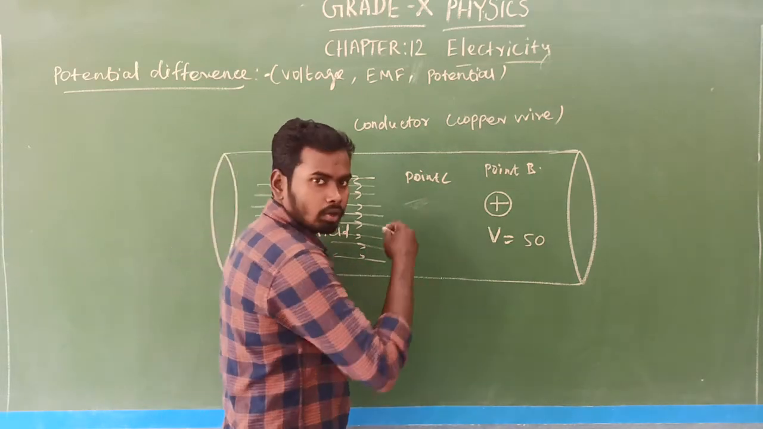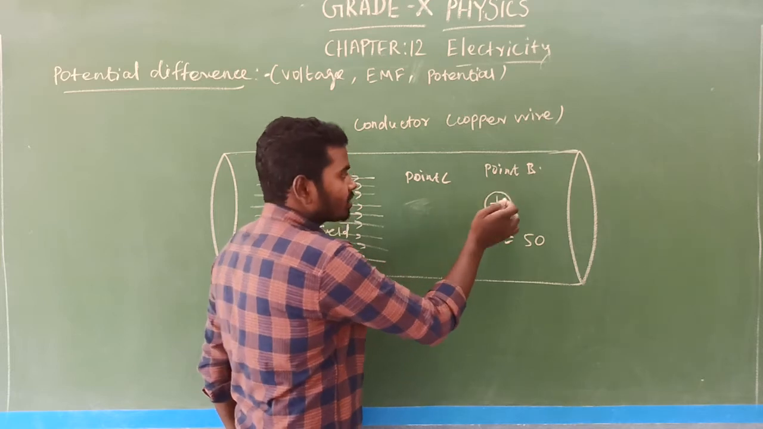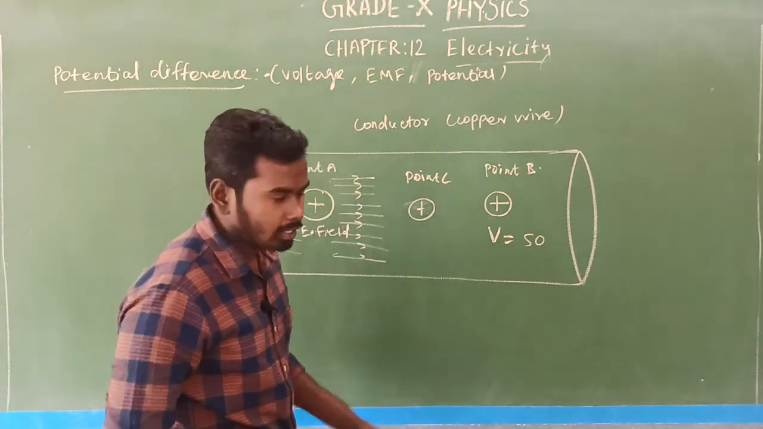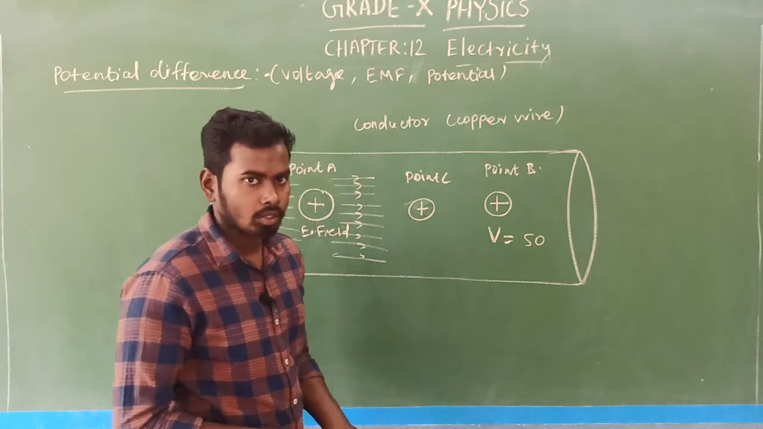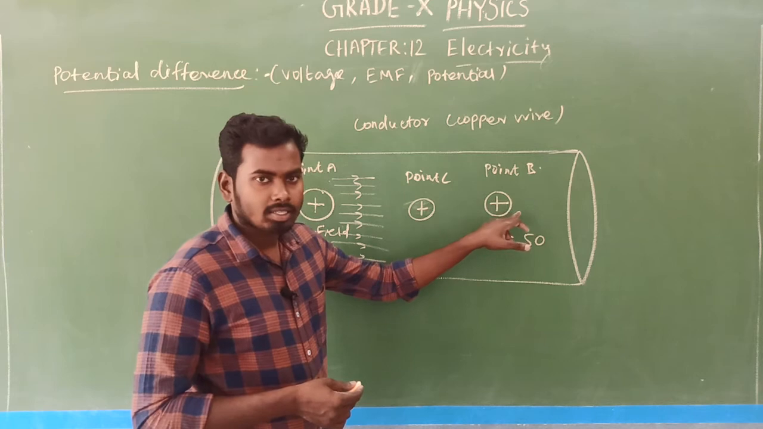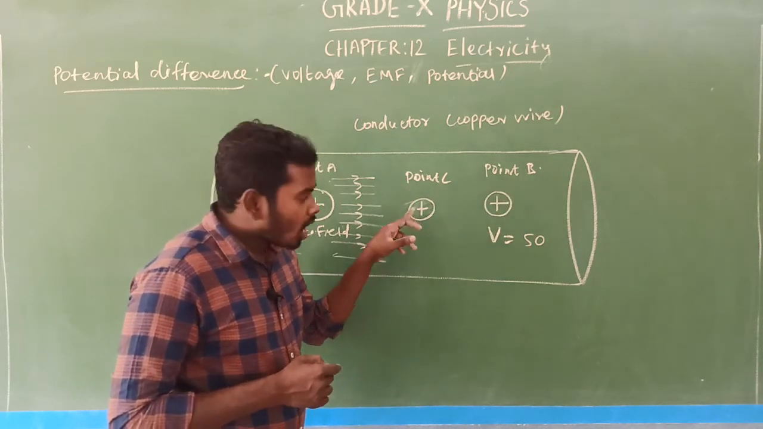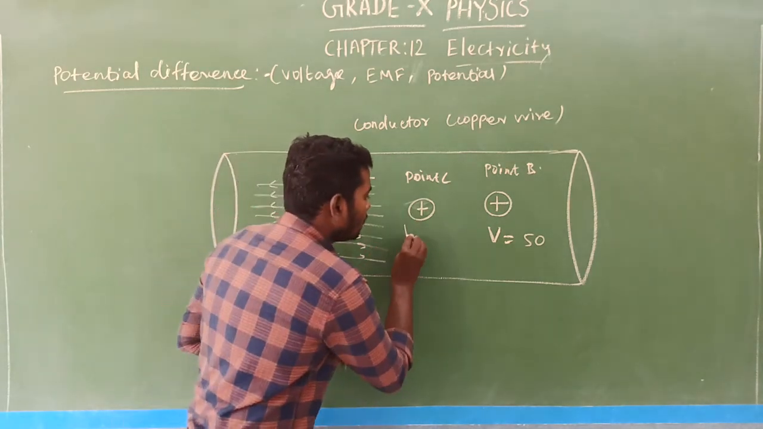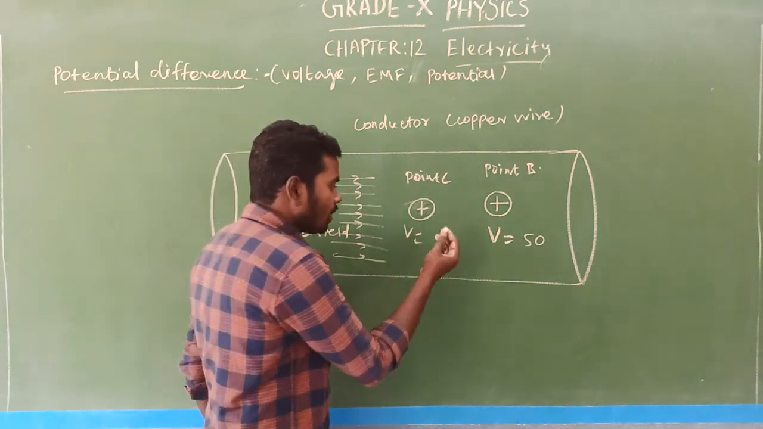So if we bring the charge placed at point B to point C, we have to spend more energy. So consider you brought the charge from point B to point C. What about the potential at point C? Here the potential will be more. Am I right or wrong? Potential will be more. Here the potential may be